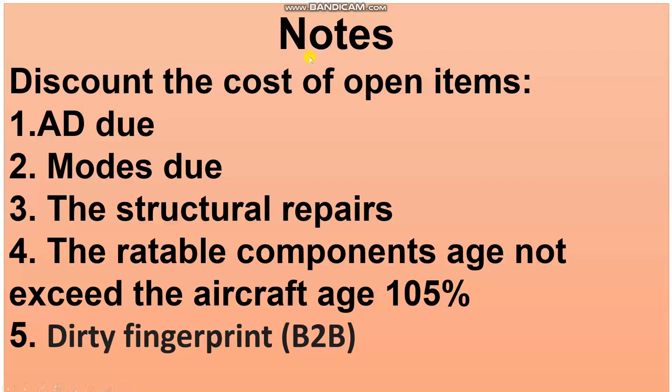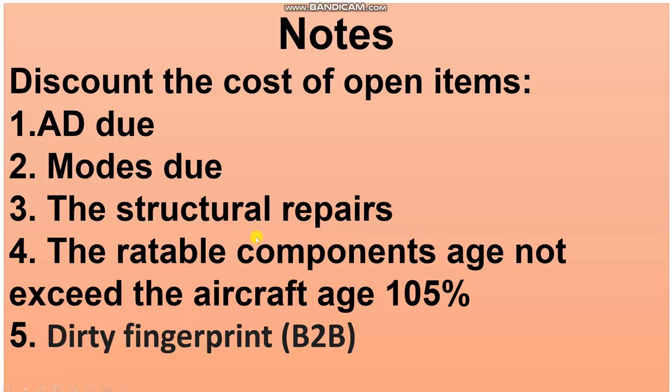Take care with some notes. Discount the cost or the price of open items such as AD, airworthiness directives, due but not complied with. How to calculate this? The kits and man hours, and so on. The mods also, due and not complied with. Here, structure repairs, permanent or temporary,